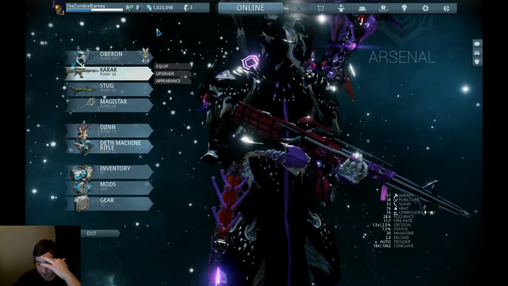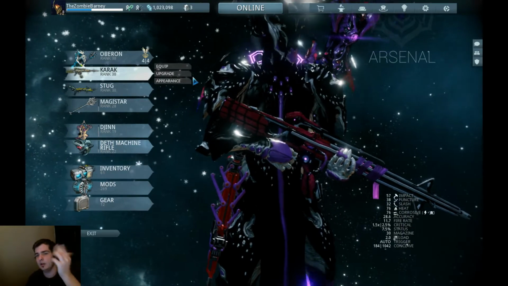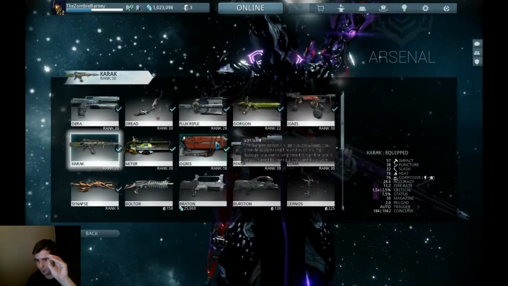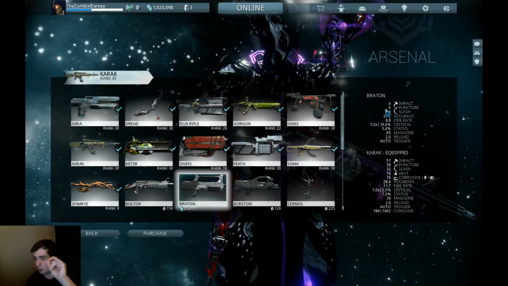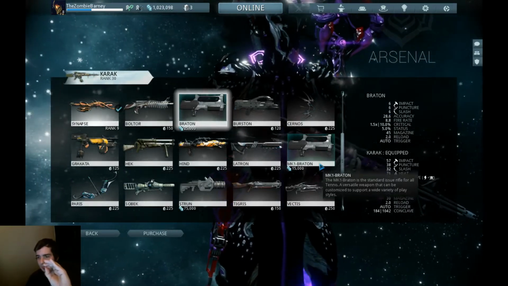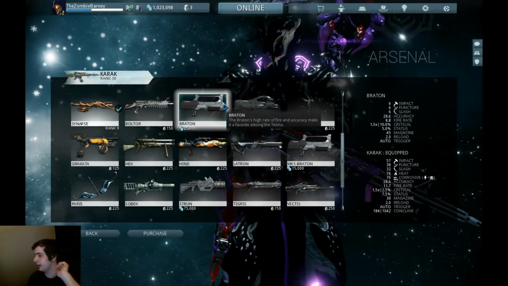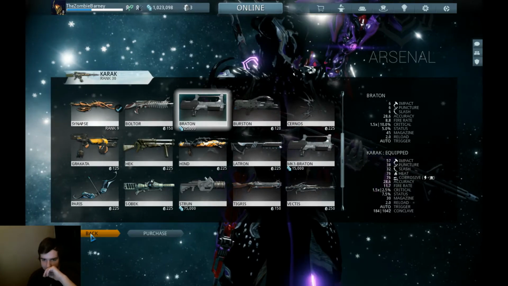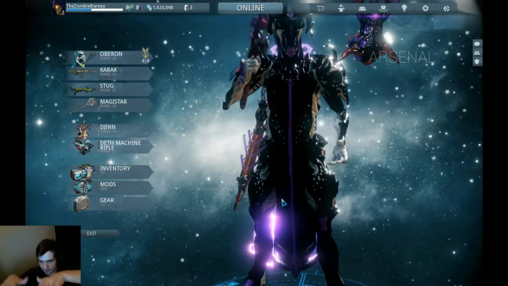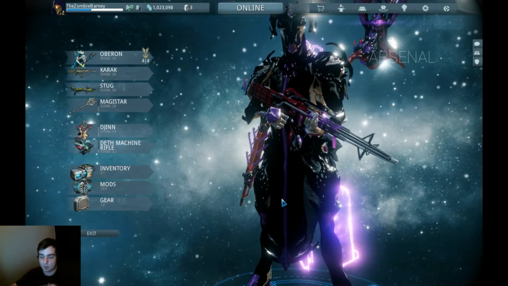Okay, and then if you have a weapon that's perfectly evened out, the only one that you can get off the marketplace that is perfectly evened out, I was able to notice, was the regular Braton, not the Mark 1 Braton, because you start off with the Mark 1 Braton. Just the regular Braton, because it's a 6 impact, 6 puncture, and 6 slash, right? Either you leave that as is because all that kind of evens itself out, or add cold, because if you add cold, you would